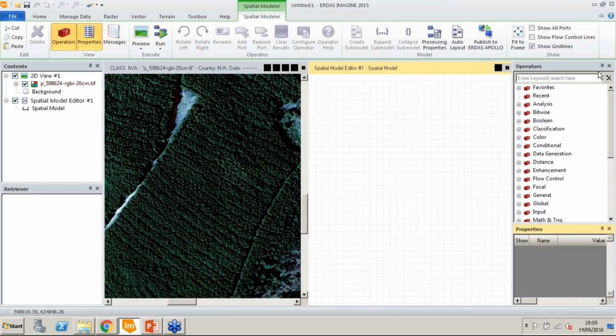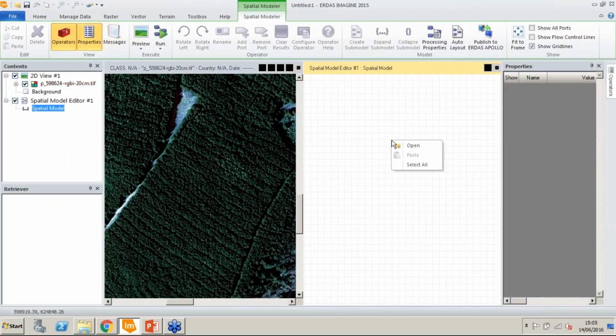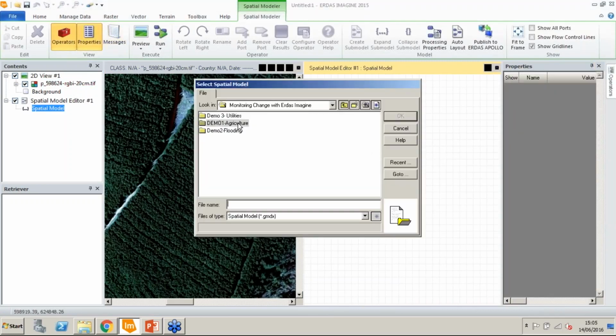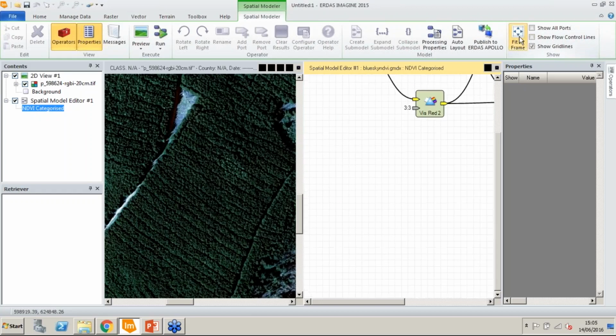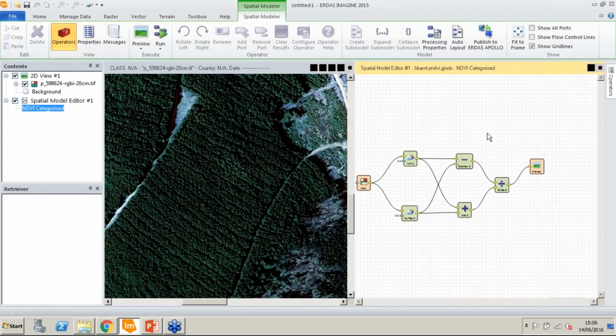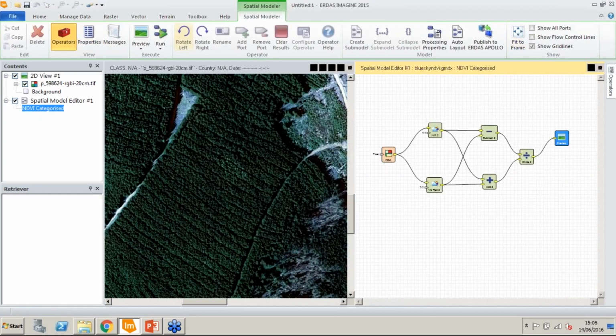So I'll just open up Spatial Modeler. This is a great tool. I'm going to open up my NDVI model. Okay. So here we can see, I actually haven't written this out anywhere because the Spatial Modeler has a fantastic